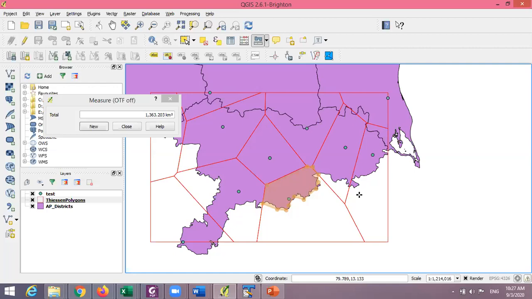You take all the locations where the rainfall is available for that district, and you will pick maybe 10 or 15 rainfall stations within that district, such that it covers the entire area, and you are able to create these Thiessen polygons. Even creating these Thiessen polygons, you may have to do a little bit of trial and error. You create it once, and then you see if the Thiessen polygon covers the entire district. If it doesn't, you do one more trial until you are able to do a complete Thiessen polygon that